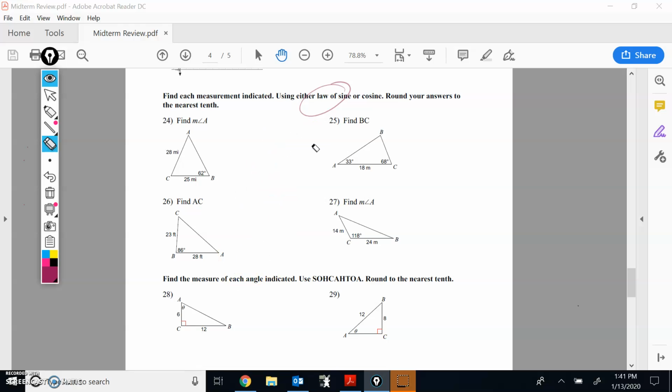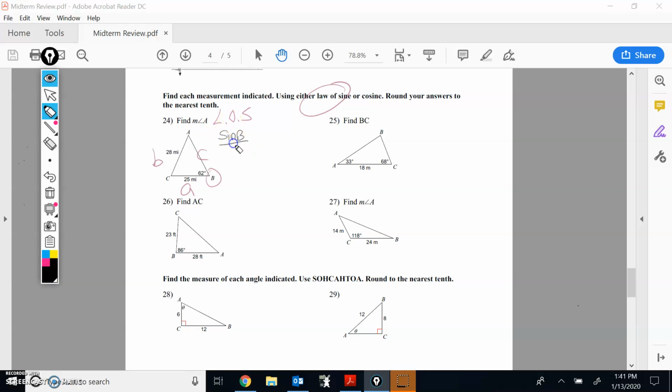If you're not given that, then you're going to use law of cosine. So here we don't have an angle A, but we have the side A. Here we do have angle B and side B. Here's side A again, and here's side C. You look across to label those. So we're going to use law of sine. Law of sine here will be